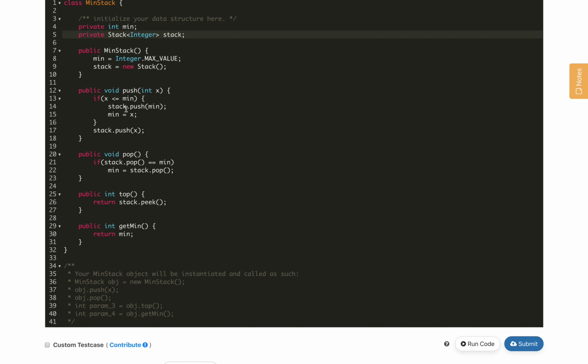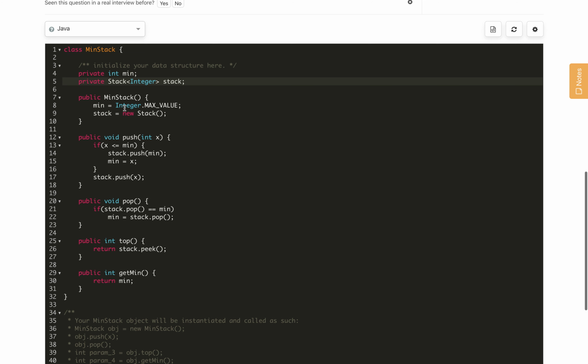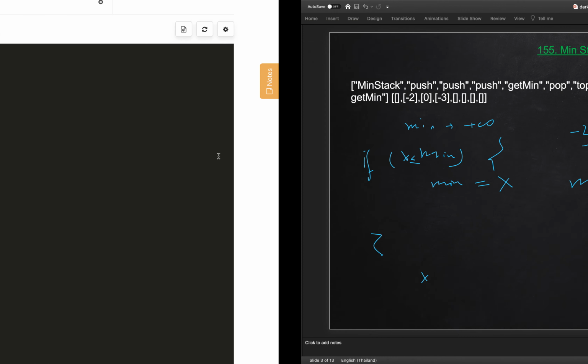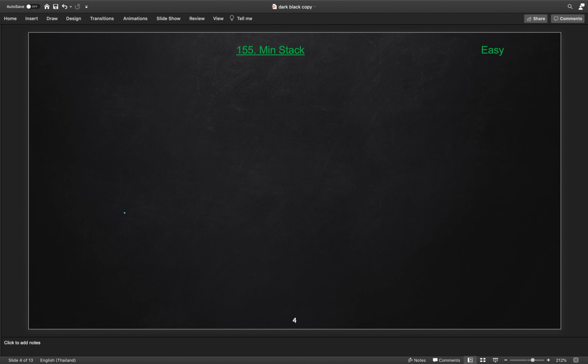If you see, all the operations are O(1) and we are storing this in the stack, so the space complexity is O(n). So this is one solution using the inbuilt library stack. Let's say the interviewer wants you to design your stack itself, and you are not allowed to use any inbuilt class.